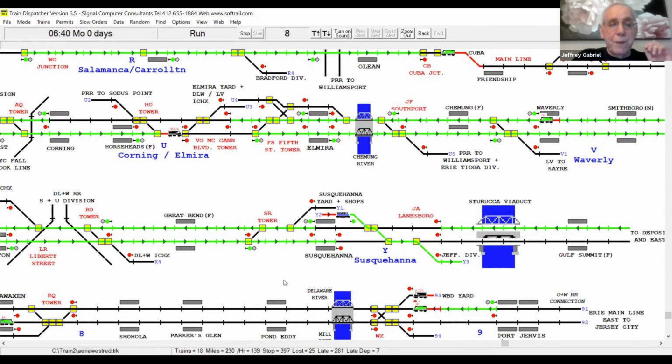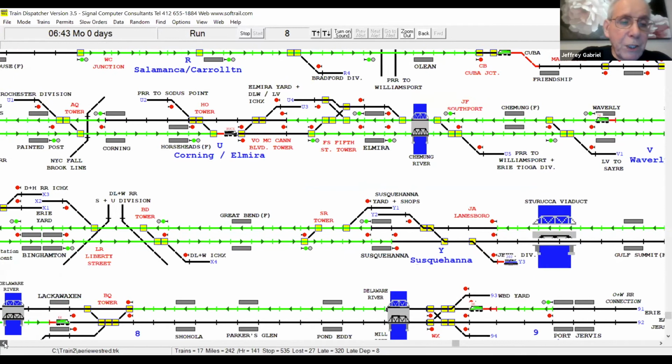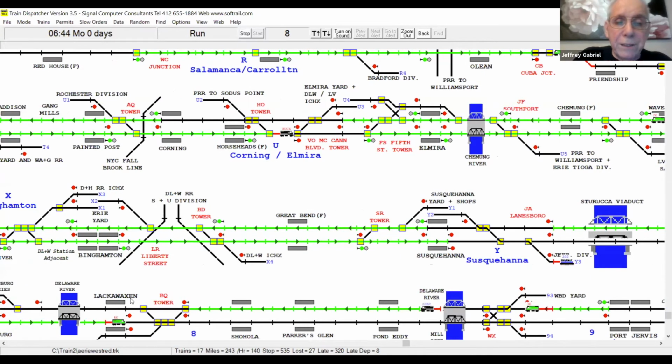It will move. Meantime, I noticed 2 trains down here. I noticed in Port Jervis, a freight coming out. I'm going to run the freight first. I'm going to cheat a little and get it going, and then I'll see where it's going. Oh, it's going to 81. This is a Wyoming division freight to Scranton. So it runs on the Delaware division to BQ, Lackawanna, and then to Scranton. So I'm going to go over to Lackawanna.